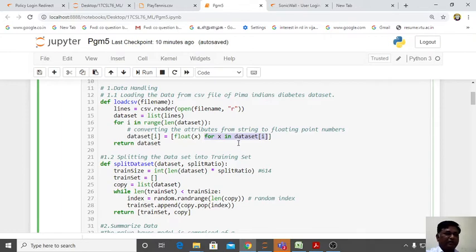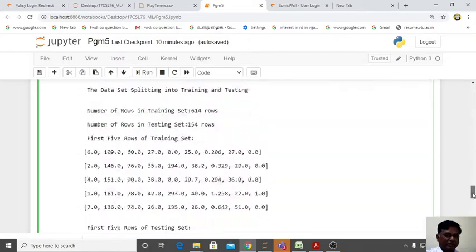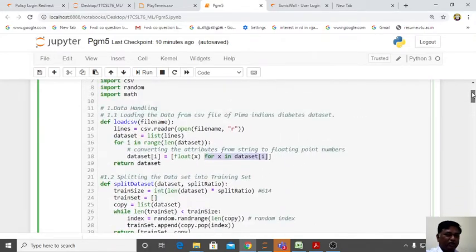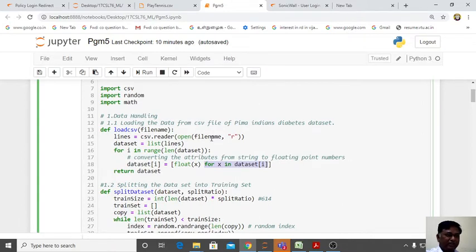So how many data do we have? We can see the length of the data, 768 data. So all the 768 data is loaded here and taken from this variable and stored in this data set.